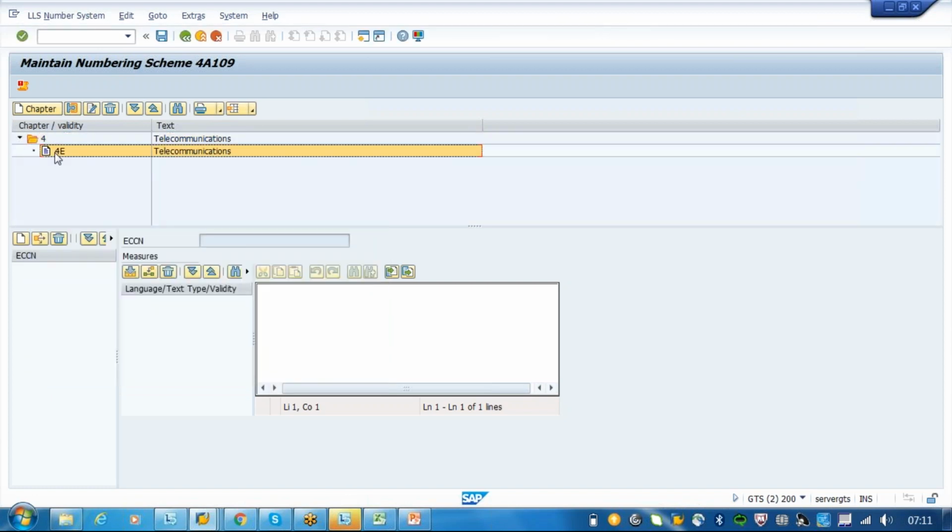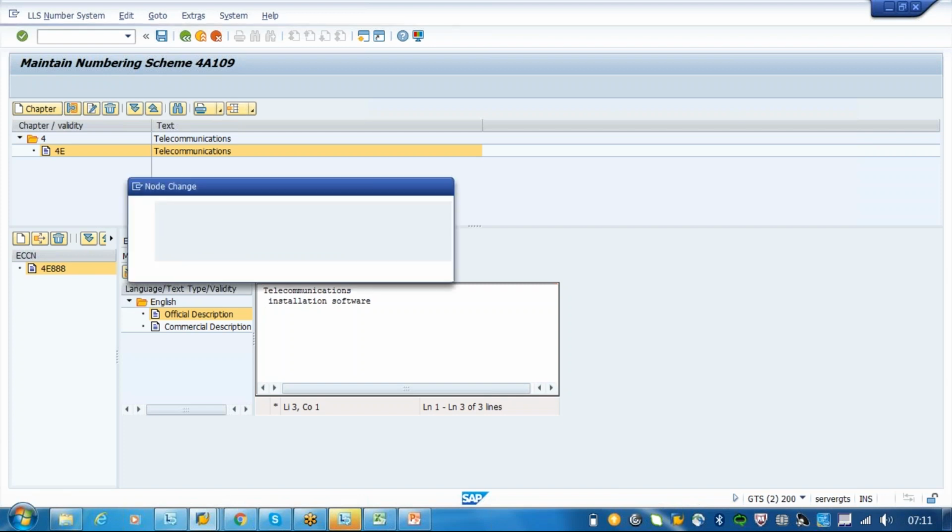Okay, see the second level. You can click on the ECCN number. We'll put 00888 and say, okay, it is installation software. Now I'll just save this number.